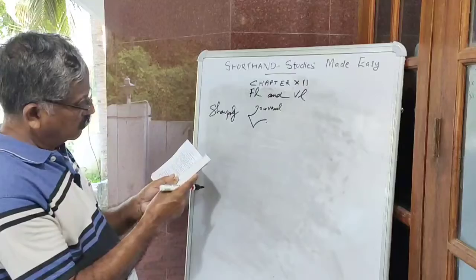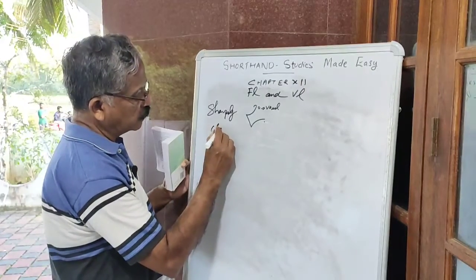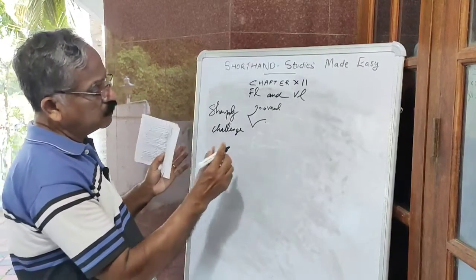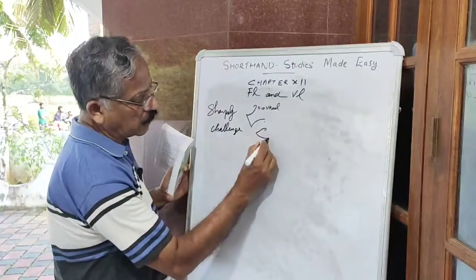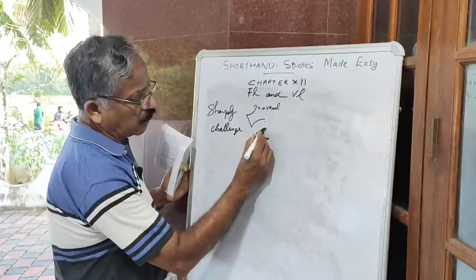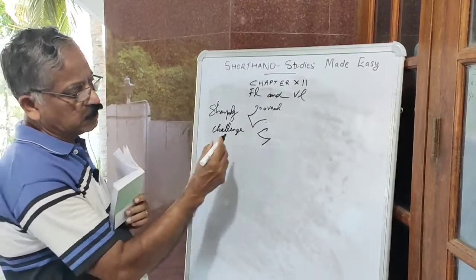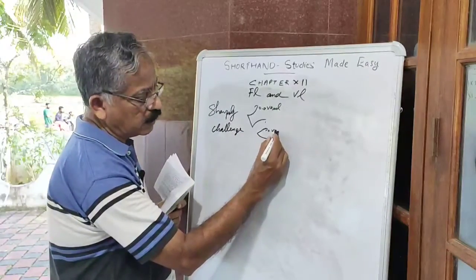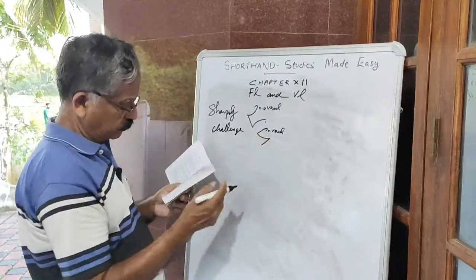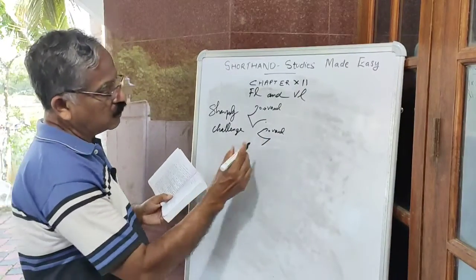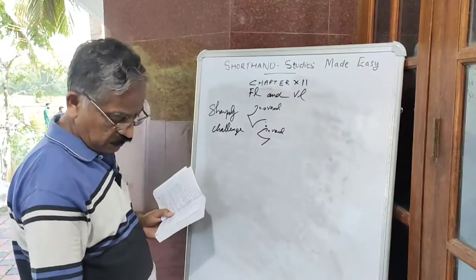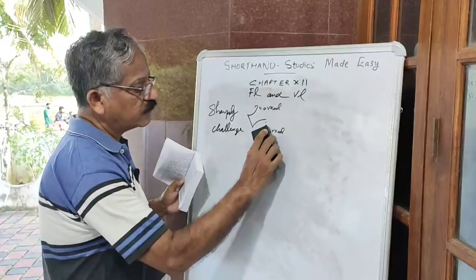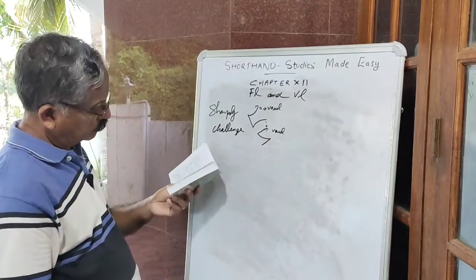Challenge. I will write challenge. We write chill. Challenge. This L sound is in between. That is why we write a small circle here to represent the vowel. So this is challenge. The circle is here because the vowel comes after che. So like this, challenge. Now